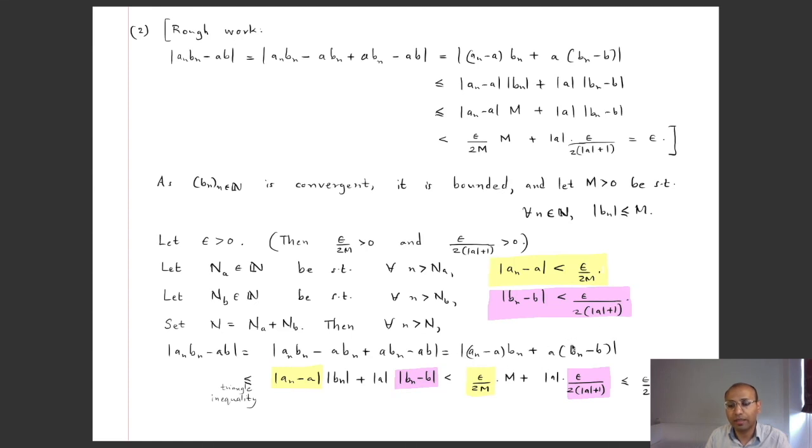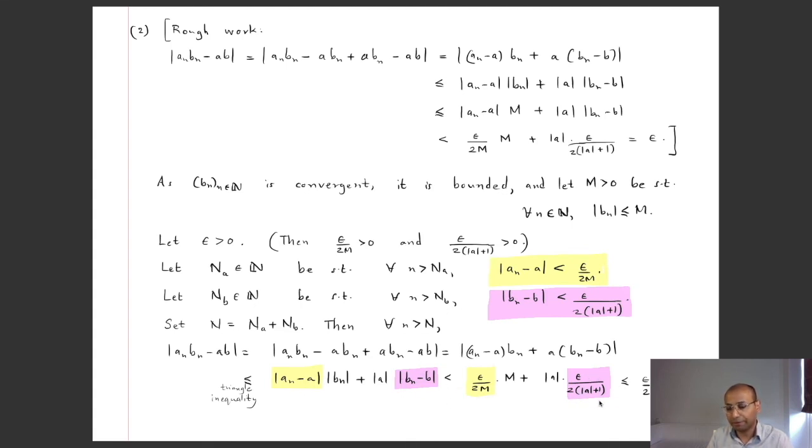plus the mod of this one. The mod of this one, since mod xy is mod x times mod y, is the mod of this times the mod of this. And similarly, the mod of this one is the mod of A times the mod of Bn minus B. And since little n was bigger than capital N, then in particular it's bigger than Na and Nb, so we are allowed to use these highlighted inequalities. So because of that, I know that this thing is less than epsilon by 2m, and this thing is less than